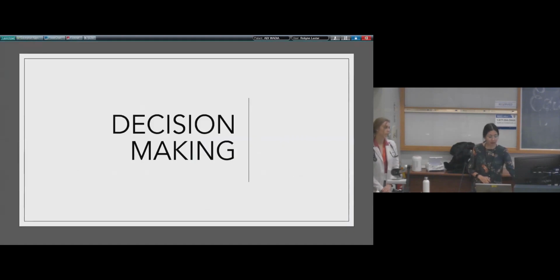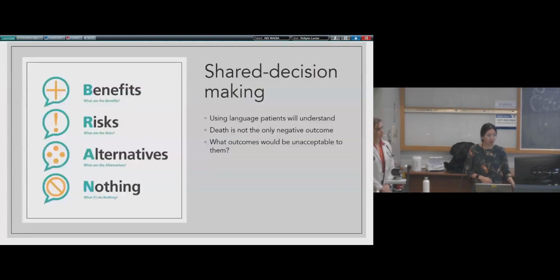So looking at decision-making then, we try to use a shared decision-making approach with our patients, using language that patients will understand. So as Robynn mentioned earlier, death isn't the only negative outcome from a surgery. So oftentimes these discussions will tie in with advanced care planning and goals of care discussions, and we get a better understanding of what the